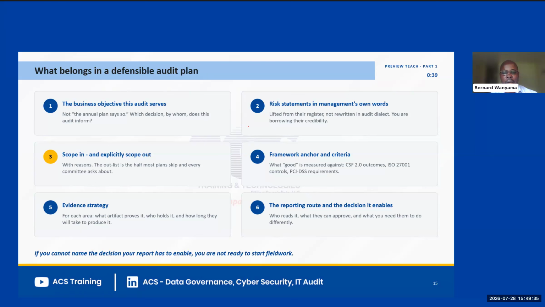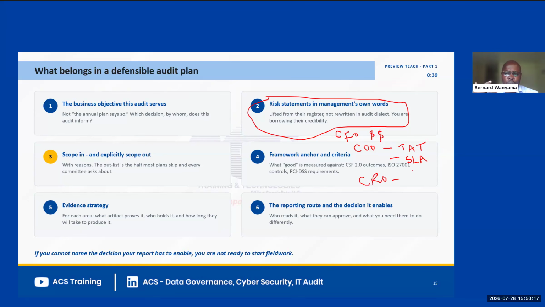Risk statements are going to have to be in the language of the business. So we have to speak about things that the business cares about. A CFO speaks about money, the language of money. A chief operations officer may speak about turnaround time or turnover or whatever SLAs they have. The chief risk officer may be interested in compliance and regulatory concerns.